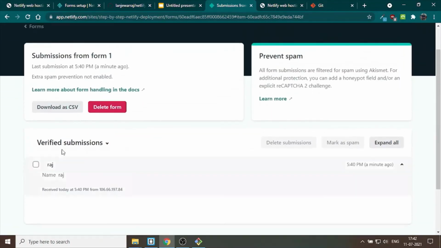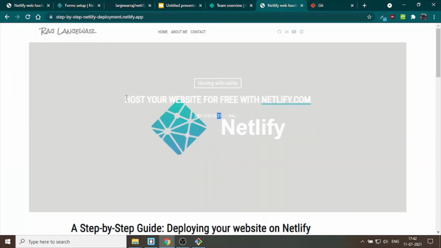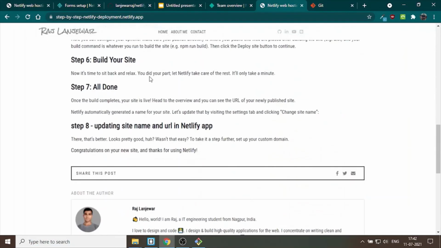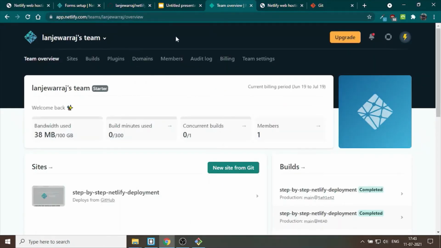You can also download this submission in CSV format. This is a simple and interesting client response solution provided by Netlify. In this process we successfully hosted our local website on netlify.com, and also added form functionality to our website, so we can get client responses directly into our Netlify dashboard.